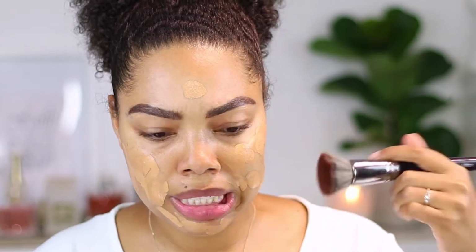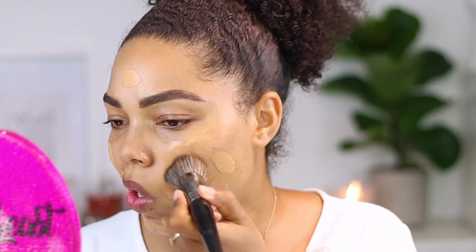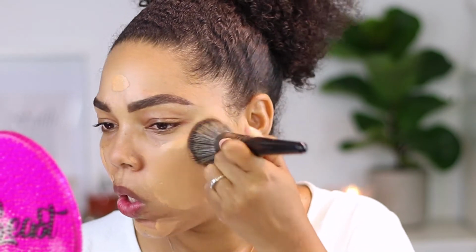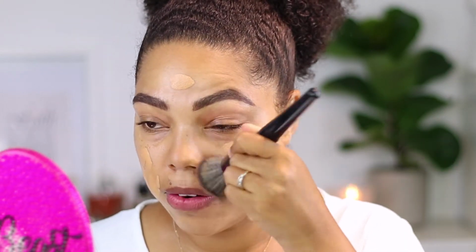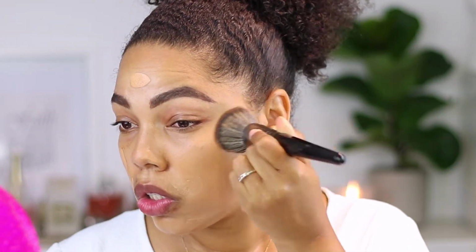It's medium to full coverage. There's a ton of shades to select from, and it's bomb. Honestly, it is bomb. I'm going to start with this, and then I'm going to go in with a sponge. So what I like to do is kind of just disperse the product all over the face. With 3 pumps, I'm definitely going to get full coverage out of this foundation. So